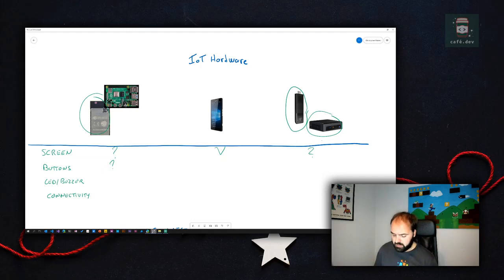On a phone, obviously you have a great screen you can use to display whatever you want. On the mini PC, the NUC or the stick, what we usually do is add a remote control to it, a wireless remote control. So I can definitely do it for a few bucks, but the fact is I need to add one more